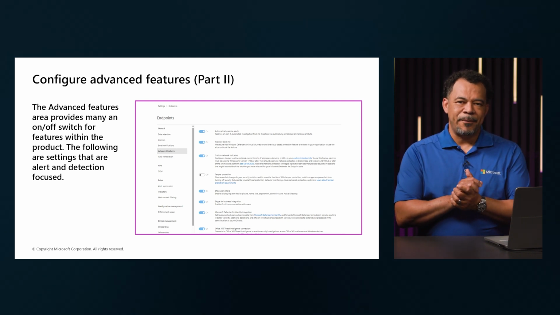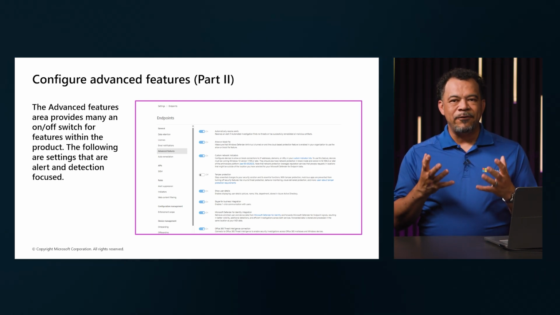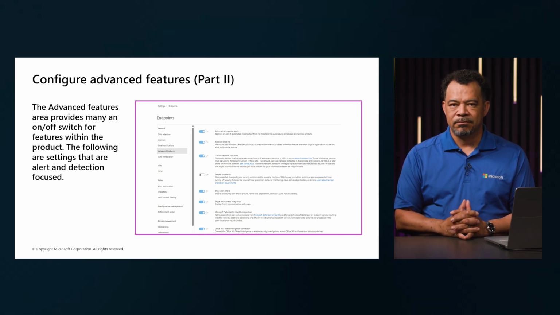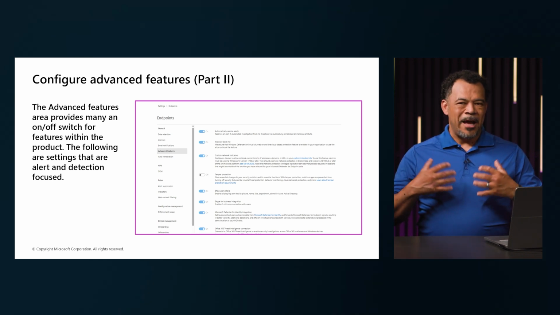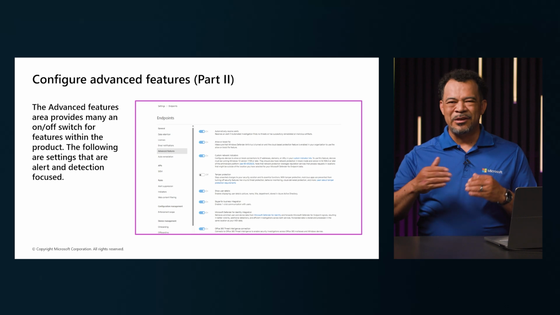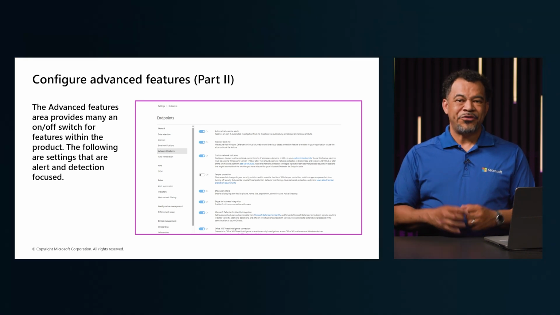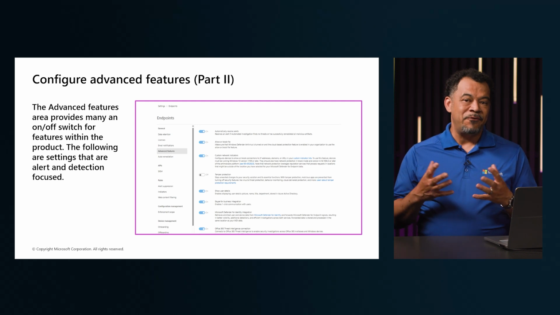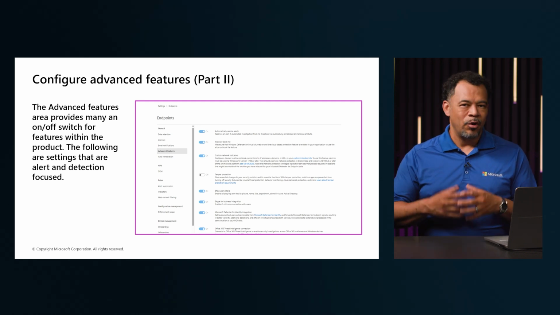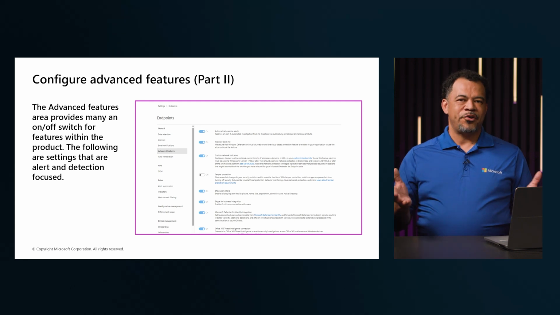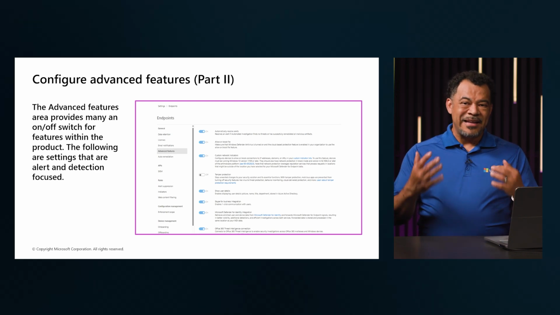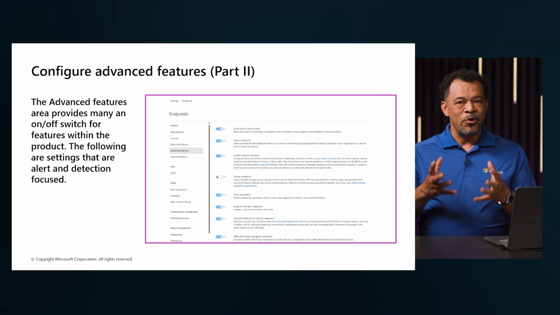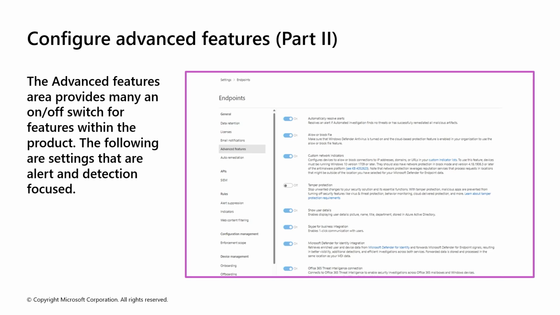So this shows a section of the Microsoft Defender XDR interface where we configure advanced alert and detection features. Some of the key options here include automatically resolving alerts, which helps reduce noise by closing out low-risk alert type scenarios once they're no longer active. We also have advanced hunting, which enables powerful query-based threat investigations across your environment. And then finally, this is the kind of configuration that allows you to tailor Defender to your organization's specific needs, balancing automation with overall oversight.